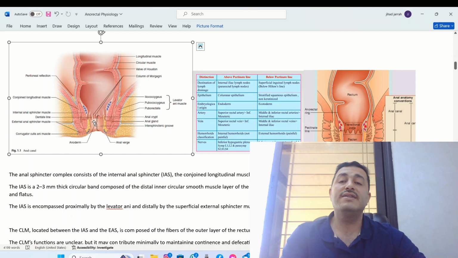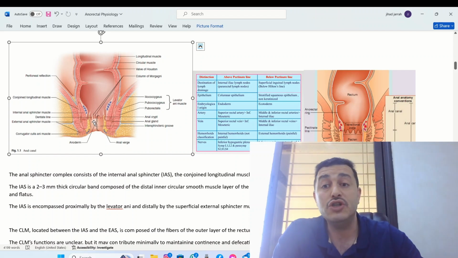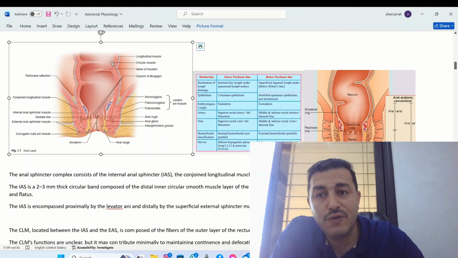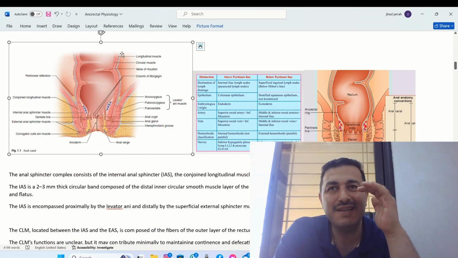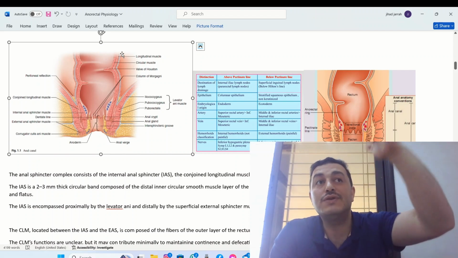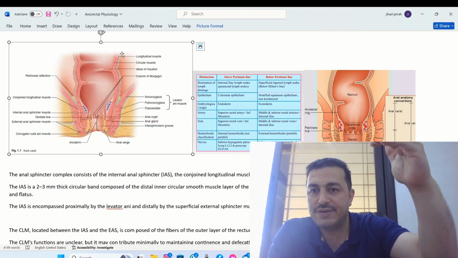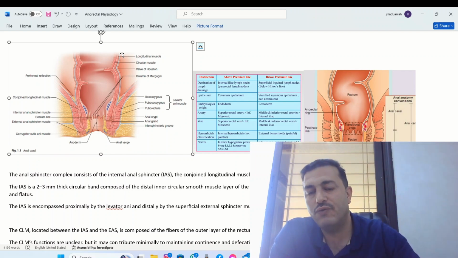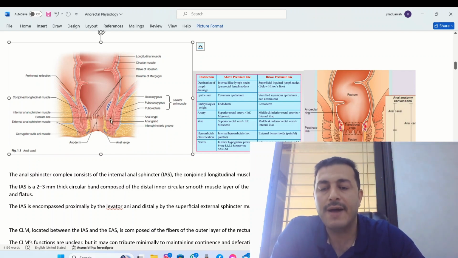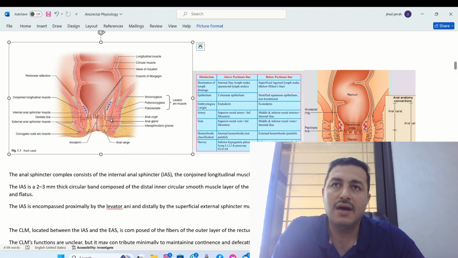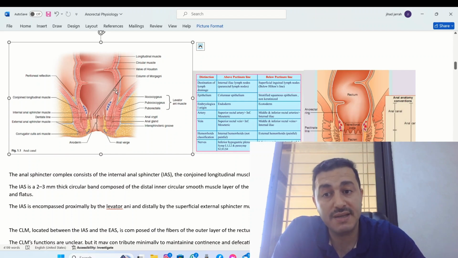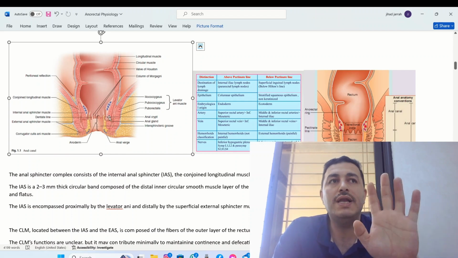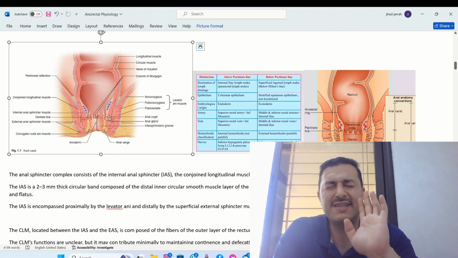The internal anal sphincter actually is a continuation of the circular muscle of the rectum, so it's a little bit hard to define its proximal or upper border because it's a continuation of the circular muscle of the rectum. It is involuntary, under autonomic innervation, sympathetic and parasympathetic, and it's usually in a state of